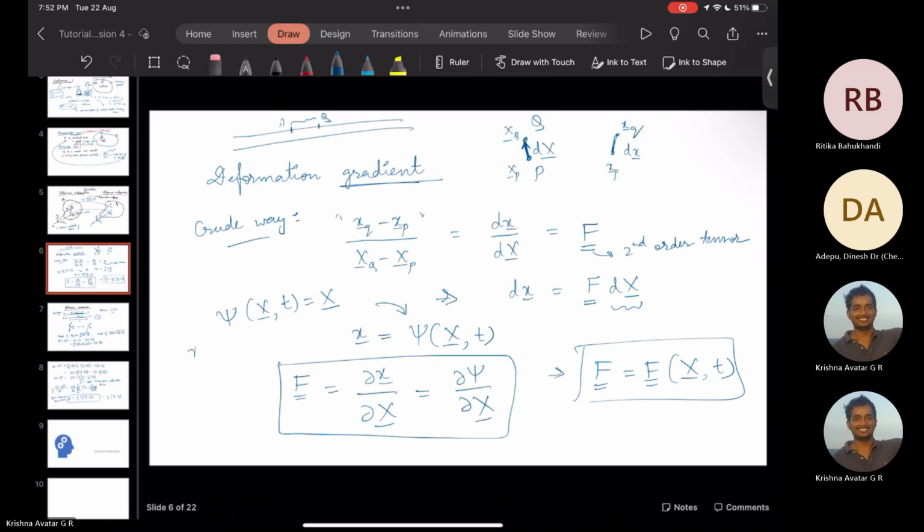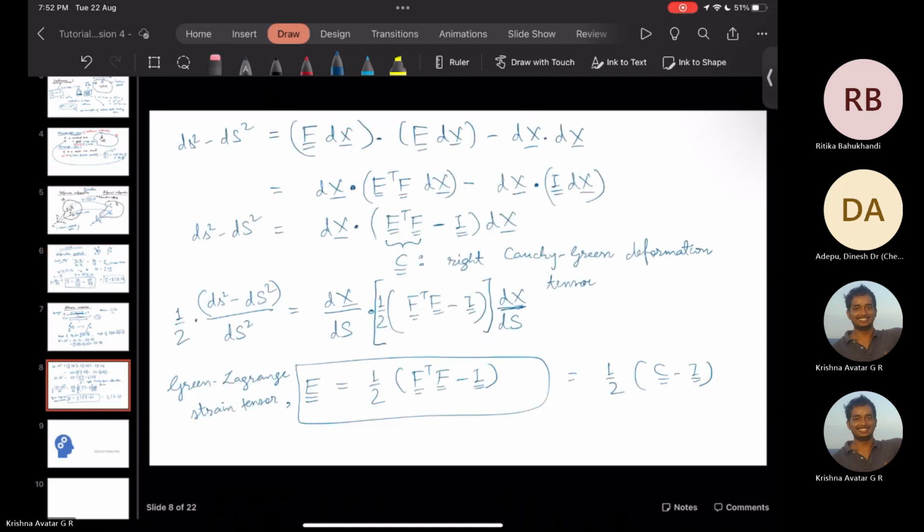Now, when you have x bar equal to capital X bar, then you find that the deformation gradient is equal to partial x by partial X bar. This comes from the property of tensor to be identity, because both the numerator and denominator are the same. Now you see something. When you put F transpose F to be I in the expression for this Green-Lagrange strain tensor,